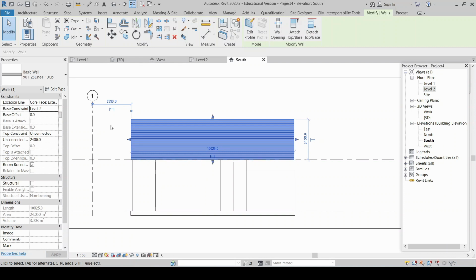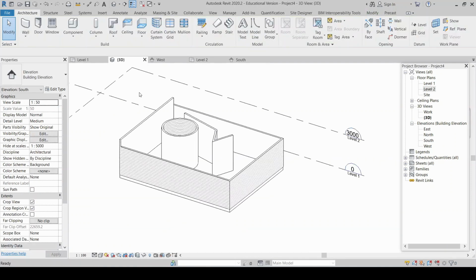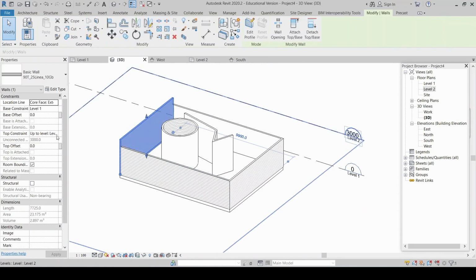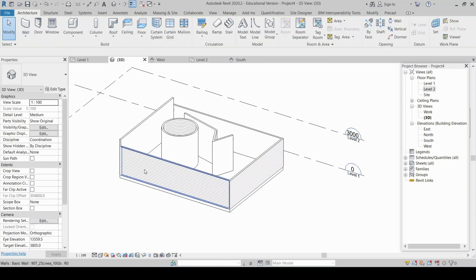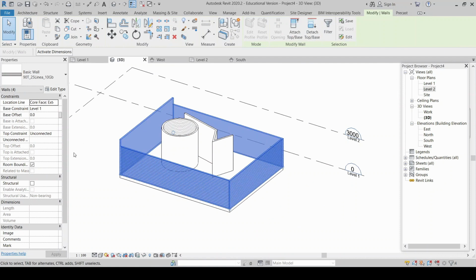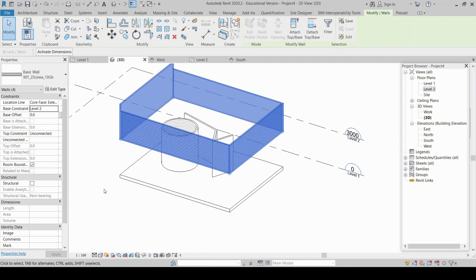So we can easily change a whole lot of walls and where they're located within the building by changing the base of the wall. If I go back to the 3D, I'm going to change that one back to unconstrained, unconnected. That's fine. Again, if I hover over one wall, hit tab, select all the walls, I can change them all from being a base constraint of level 1 up to level 2, and all the walls will move up with them. So this is a quick way we can move walls and their height within Revit. If I undo that,